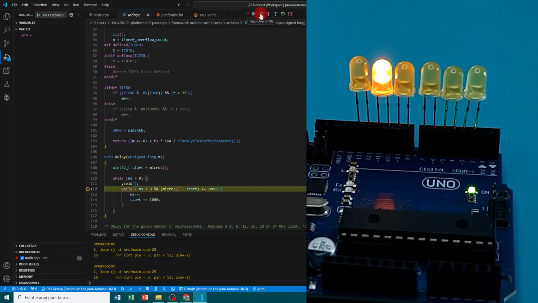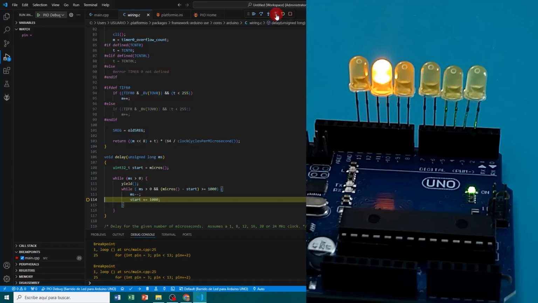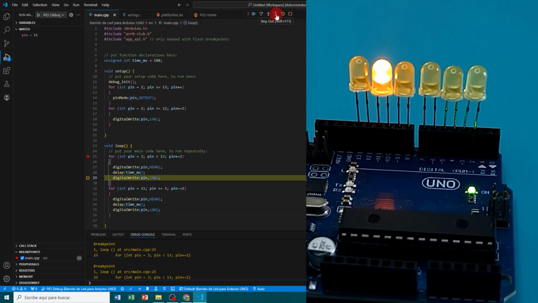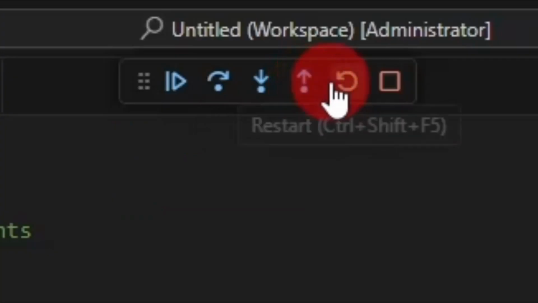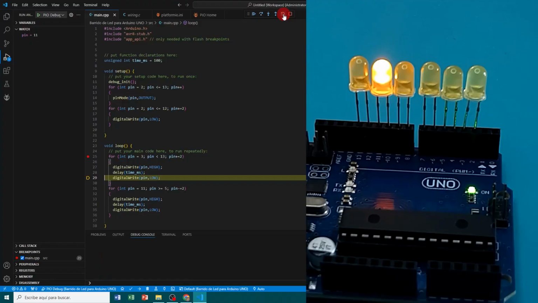So, if we want to exit these internal code routines, we can use the Step Out or Shift F11 control option. By clicking on it, we will exit the execution of the delay method, returning to our main code or root code. With the control option Restart, we will start the debugging session again,